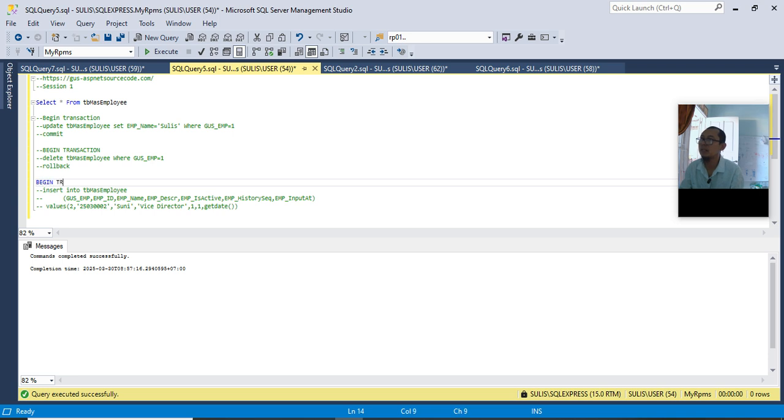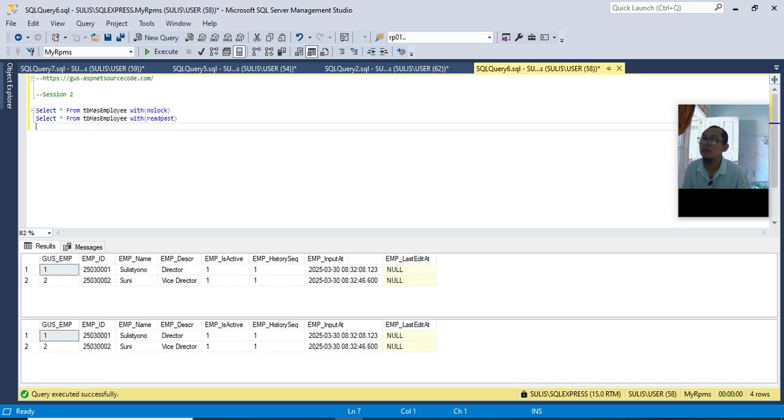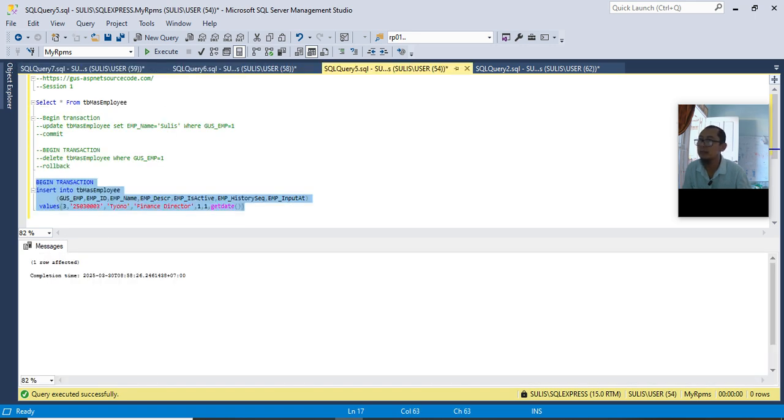I start with begin transaction. I insert one data with the name Tiono. Okay, with begin transaction, let's see. This is in session 1, I insert this data. Now let's see the result.